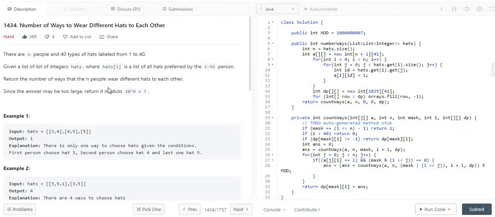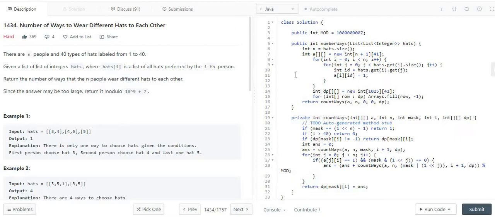For example, if I have three people and there are 40 types of hats, and person 1 is wearing a red color hat, then person 2 cannot wear the red hat, so he can wear a blue or green type of hat.